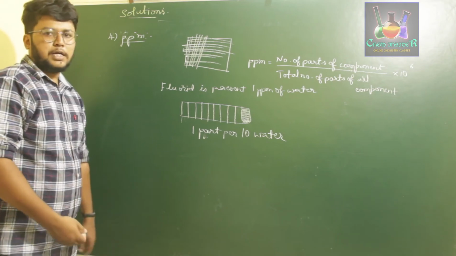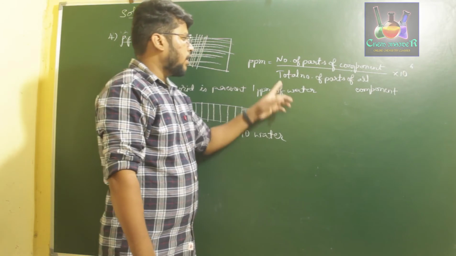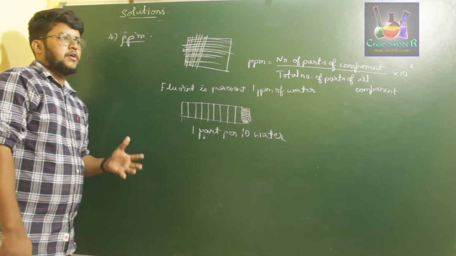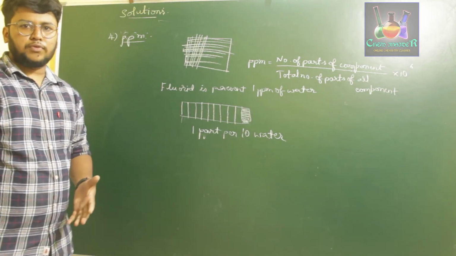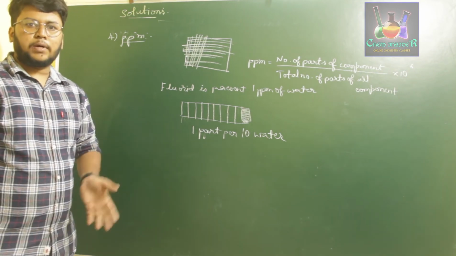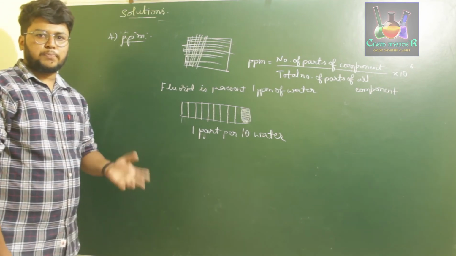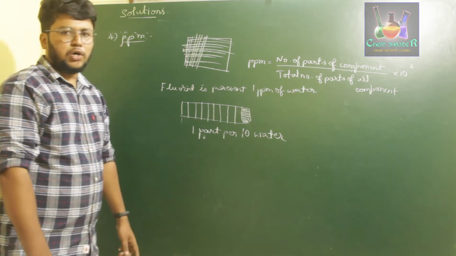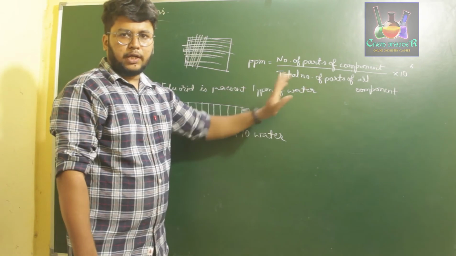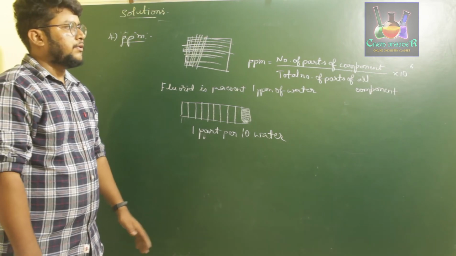So therefore parts per million is equal to number of parts of the component which you have to find out and the total number of parts of all component. If you consider an ore concentration, let us say FeCrO4. So FeCrO4 may contain 1 part per million of fluoride. Okay, so clearly we have iron, chromium, oxygen and fluoride. So we have multiple components. So therefore we have to calculate all those parts as the total number of parts of all component. Okay, so parts per million means number of parts of one component divided by total number of parts of all component into 10 power 6.